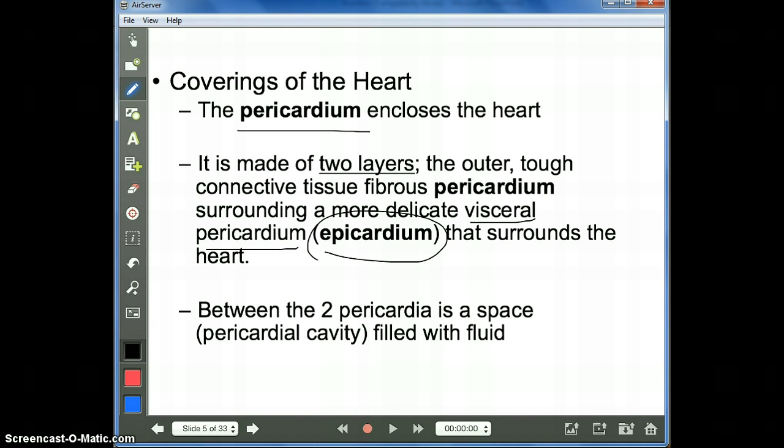We call that the epicardium. Now, there's going to be a space between those, and that's when you looked at the heart dissection on the cat. You cut that pericardium open, that parietal pericardium open, and there was maybe even some liquid, some fluid within there. So you have your pericardium on the outside, and then there's going to be that cavity in between. And then you work your way into your epi.